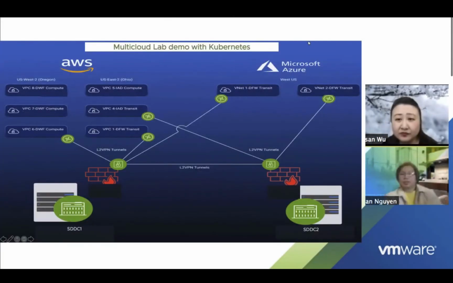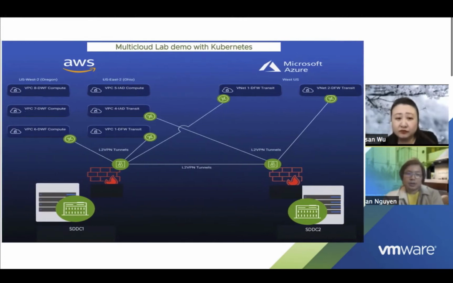I have a topology with multi-clouds where I have some application running on AWS, something running on Azure. I have two data centers called SCDC1 and SCDC2, with peering through the transit gateway between them, connecting them together in a single big enterprise multi-cloud. So in this cluster, I'm gonna deploy some